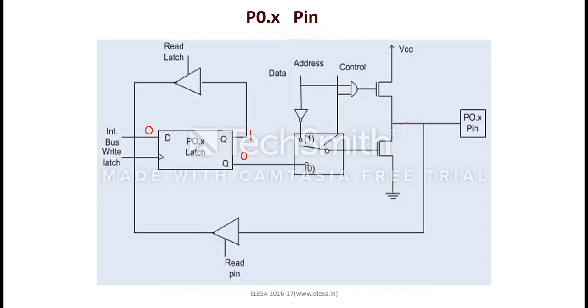Now we are going to write low on port pin 0, that is, this is the data 0, that is the data to be sent on the port pin, as it is the output of the D latch. Q will be 0 and Q bar will be 1, so Q bar will be selected by the mux, which is 1, so it will turn on the MOSFET, that is 1 may be passed to ground if there were no pull-up resistors, but due to pull-up resistors which pull VCC to 1, the output is 1, that is, high state is written or